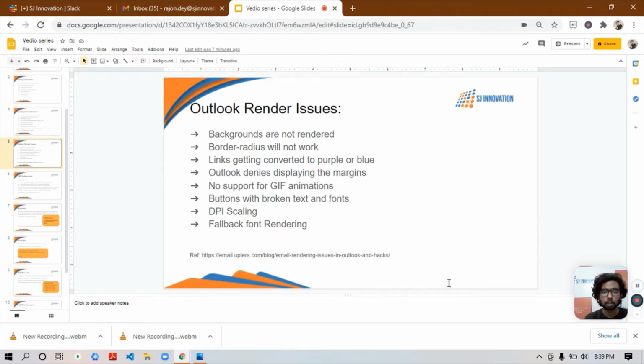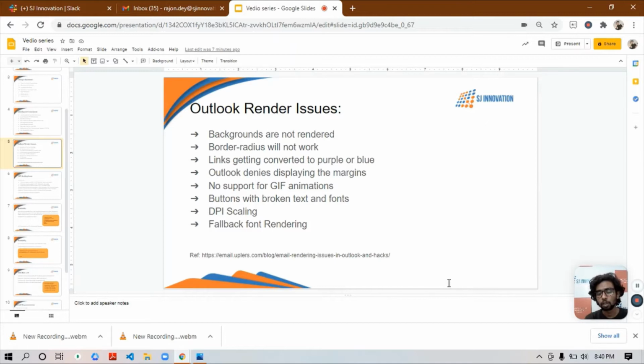Okay, Outlook denies displaying margins. That's why I forgot to mention in the development standard that we need to avoid margins.